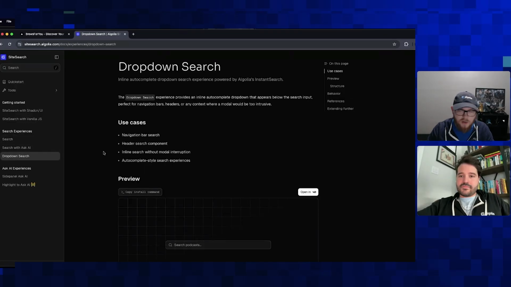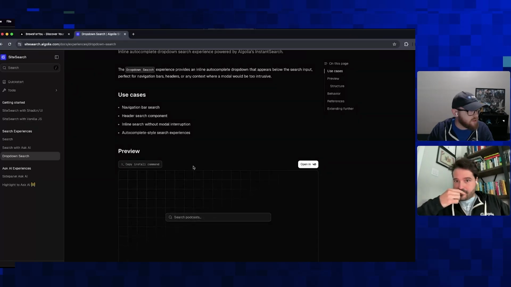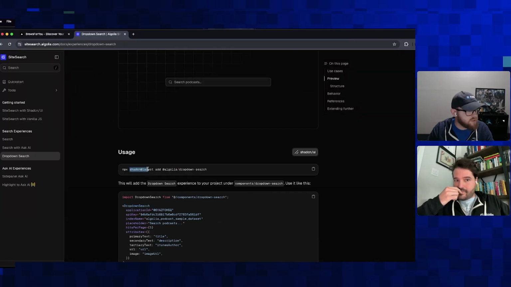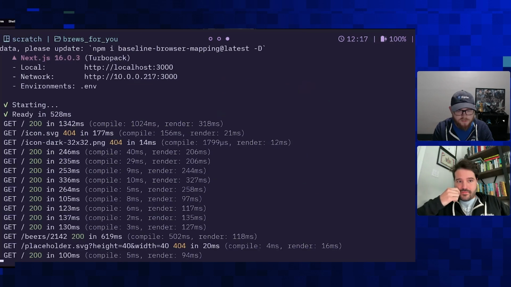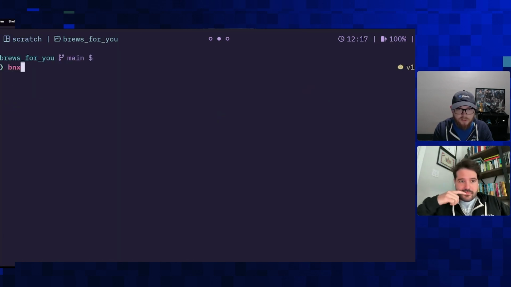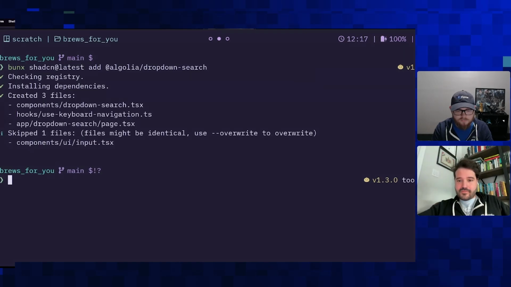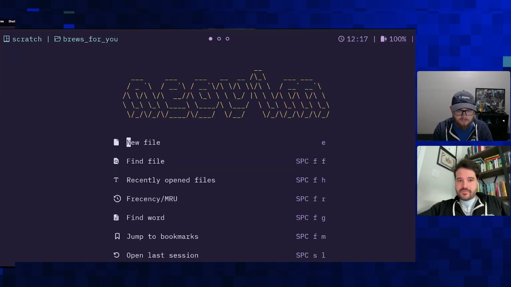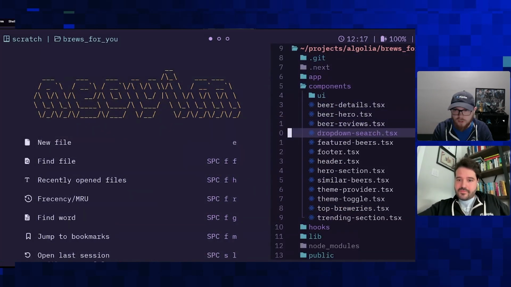And I think for our website, we're going to use this drop-down search component. And all we need to do is come down here and grab our little install script and then hop over to our project. And then we can install, since we're already set up with ShadCN. And it'll just take a quick second. Perfect. And now if we come in and we look at our app, we have a new drop-down search component,